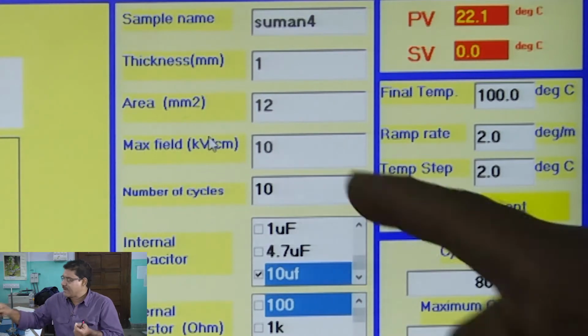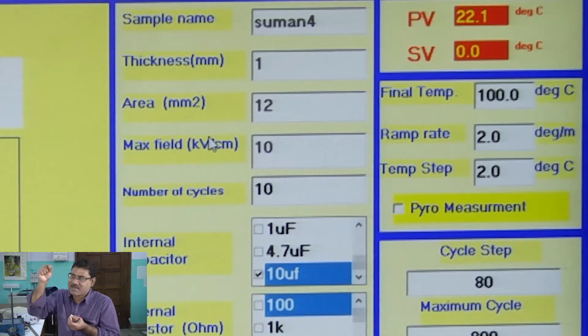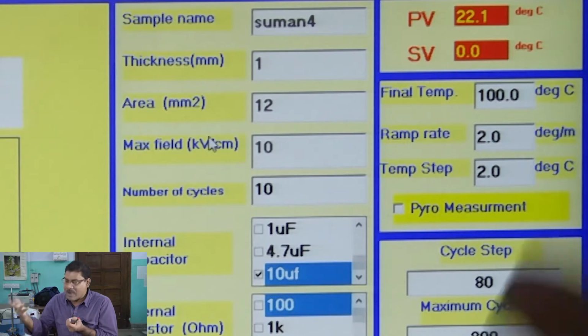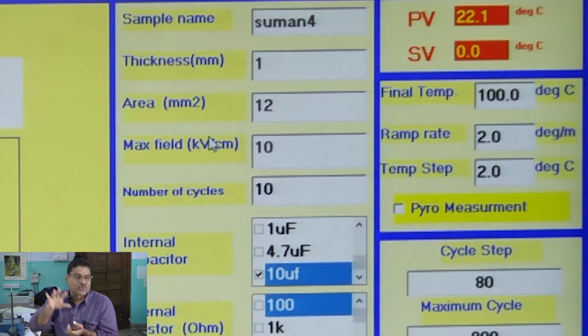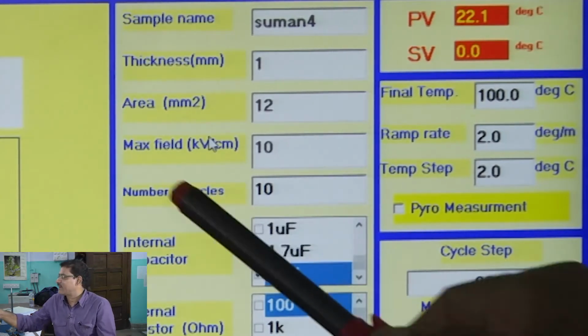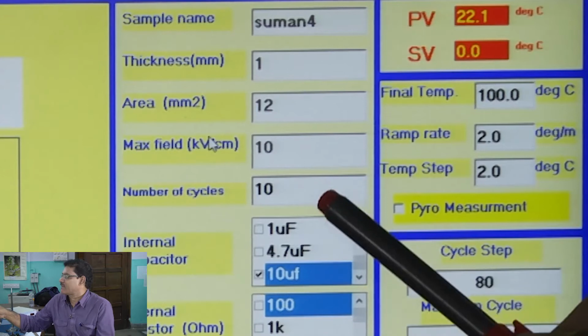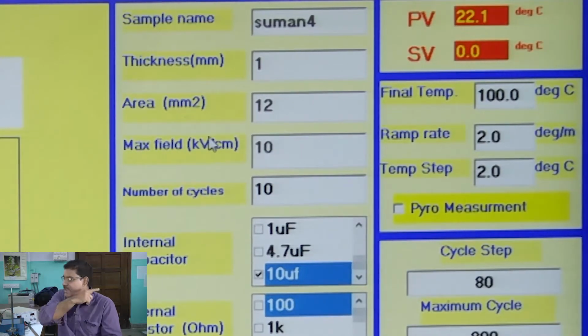And here number of cycles means I am telling in programming that you measure this loop 10 times, then take the average of that and plot. That is the meaning of the number of cycles. Here you can see ramp rate for temperature.